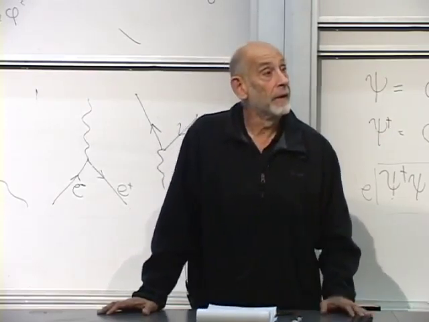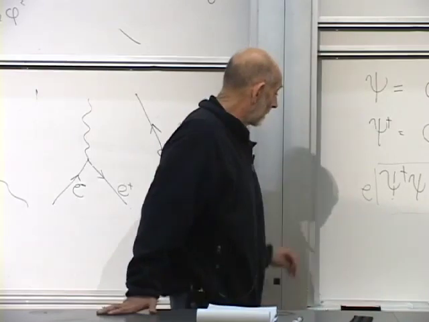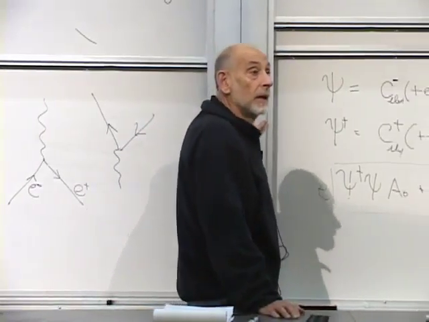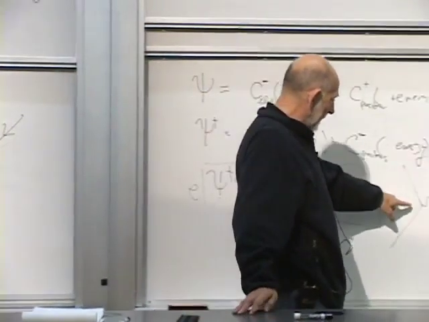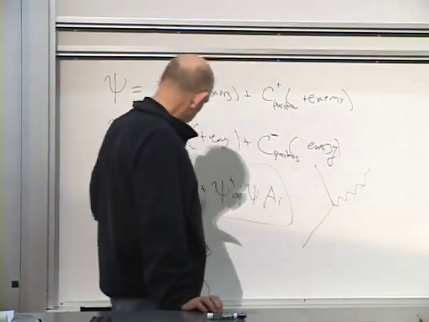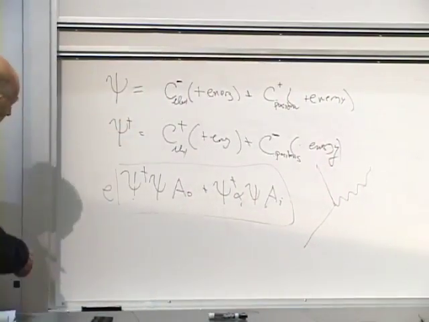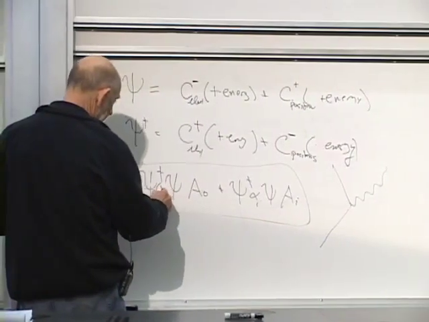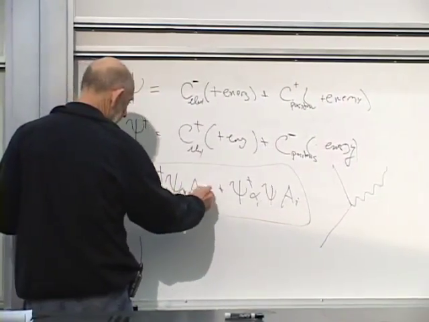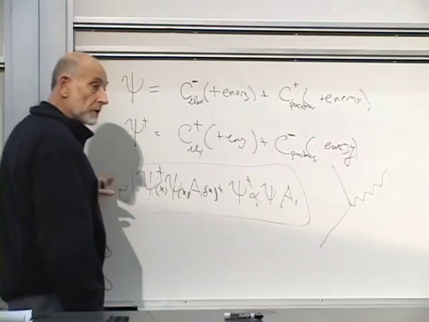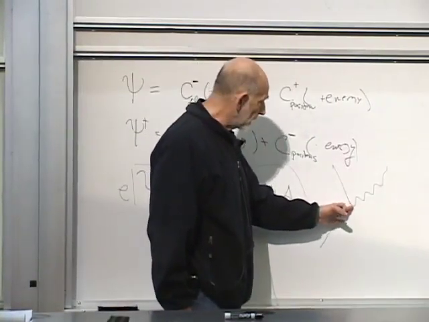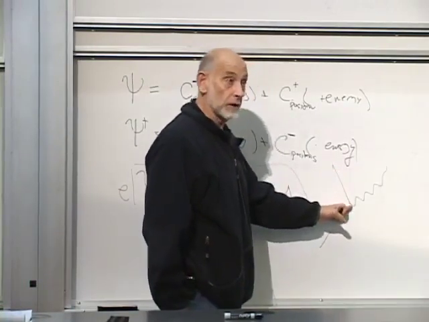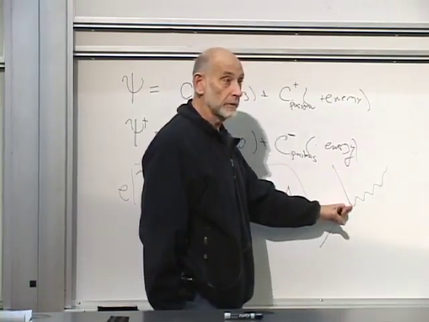Question about the timing of the creation and the annihilation. Is that simultaneous, or is there any kind of delay that comes out of the equations? Not for these basic fundamental processes. These operators are all evaluated at the same space-time point, which means that the electron is absorbed, re-emitted, and the photon is emitted from exactly the same point. Is that what you're asking?